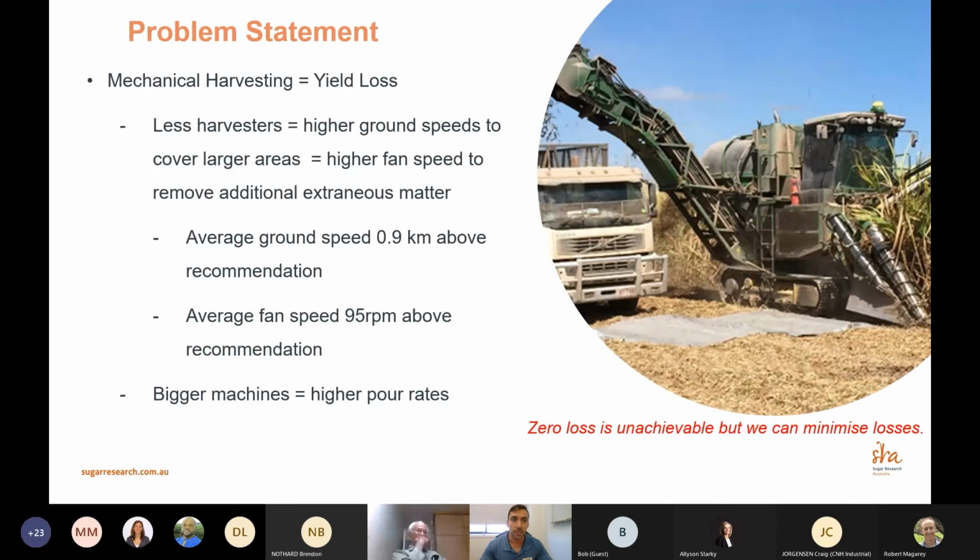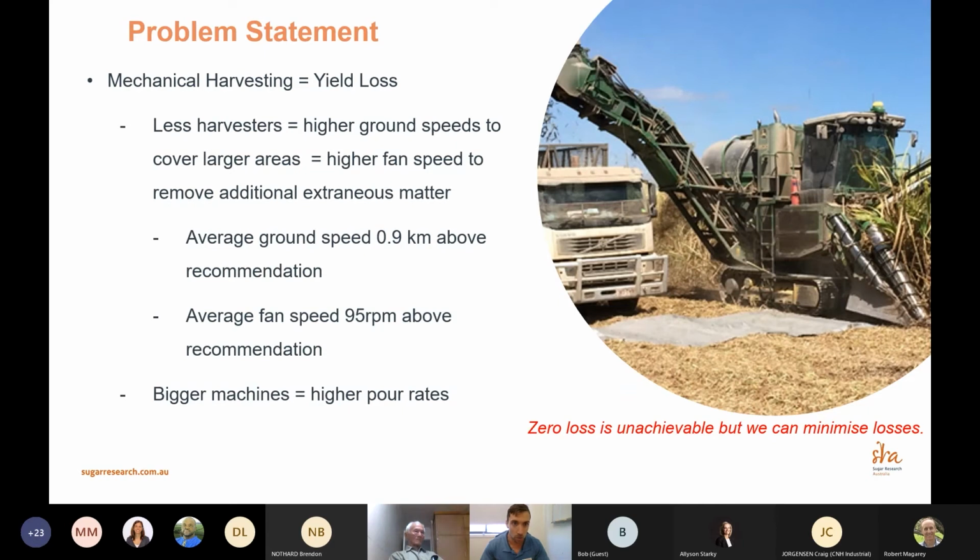So I guess to start off with, everywhere around the world identifies that there is some loss associated with mechanical harvesting, and mechanical harvesting does equate to a yield loss. However, what that yield loss is ultimately depends on a range of parameters such as operator for one, and then machine setup and machine design. Now, we're not saying that there's ever going to be zero loss. That's not what we're saying, but what we're looking at is how can we minimize those losses and remain economically